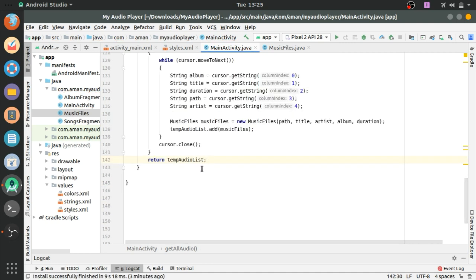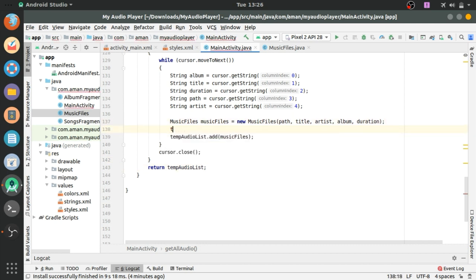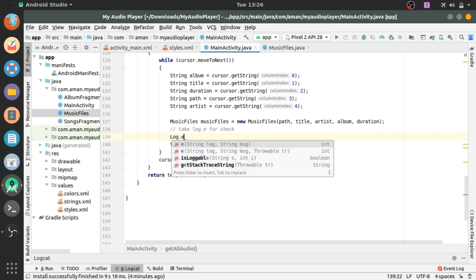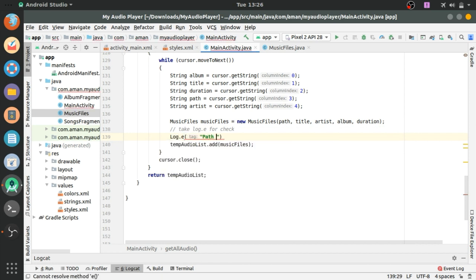The work has been done. This is used because we will show the audio file paths in logcat that we have fetched from the storage of the phone. Log.e with tag, path plus path, album plus album, the message.